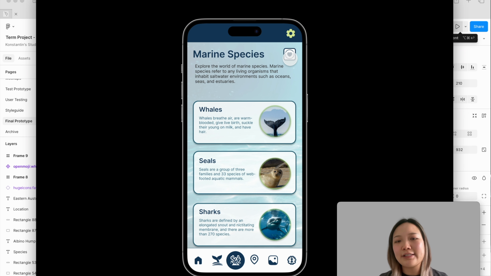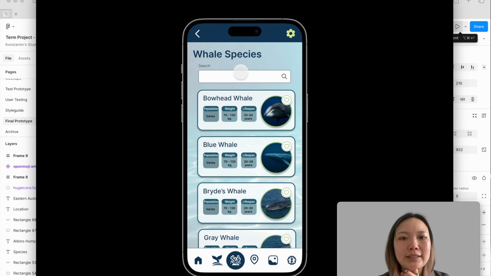On the top, there's also a favorites button that if we go to favorites, it includes all the favorite species that is being saved, okay? But we will go to that later. So let's go to check out whales. Again, the user can type in the species that they are looking for and search and filter. And in here, there's a list of whales,